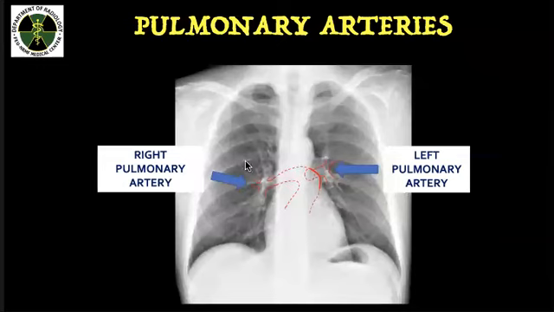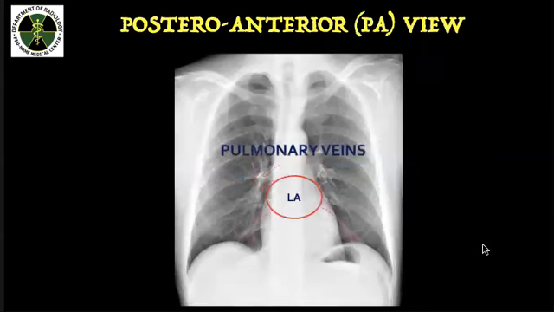And then your pulmonary artery. So again, this is your right pulmonary artery and then the left pulmonary artery. So you can see your right pulmonary artery is somewhat more inferior in location than your left pulmonary artery. And then your pulmonary veins. So that's the area of your pulmonary veins in your chest X-ray. And then if you will imagine, this is the area of your left atrium. So from your pulmonary veins, it will collect the oxygenated blood and then it will go to your left atrium in here.